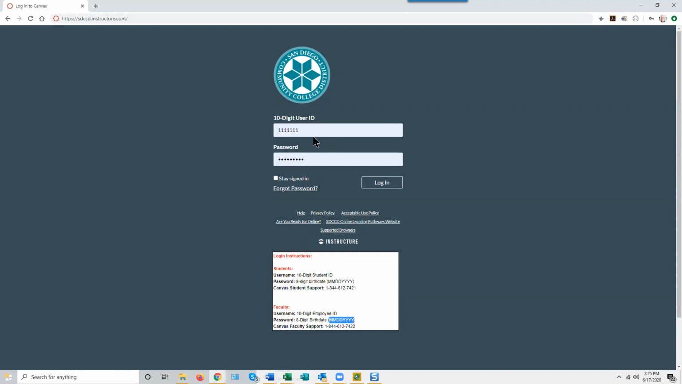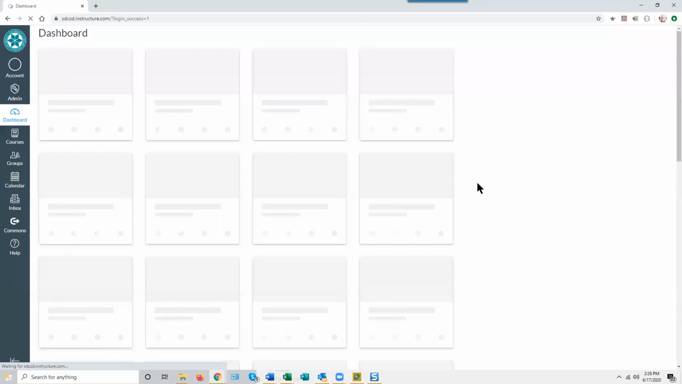My login ID and password are different because I was like the second person put into this system when it was brought up. But yours will be your PeopleSoft ID and your birth date. Once you enter those, you just click the login button and you go to what's called your Canvas dashboard, which